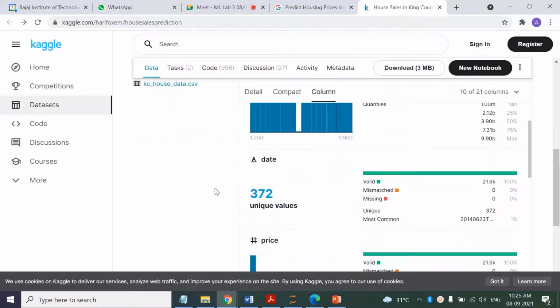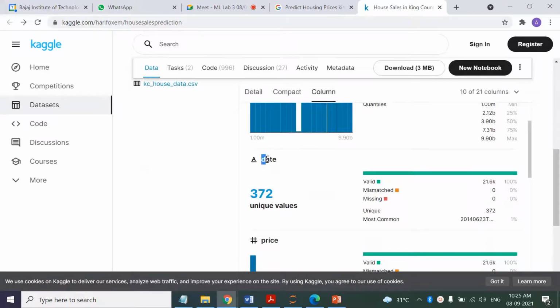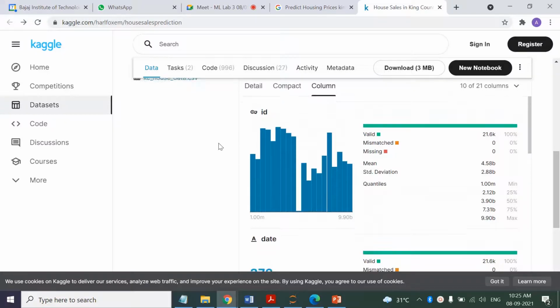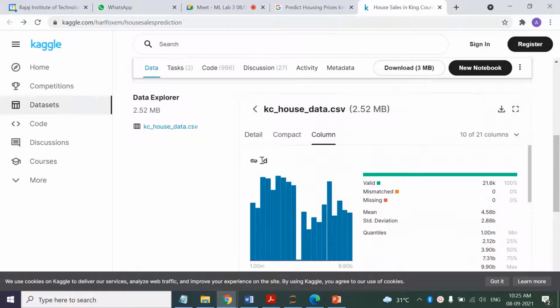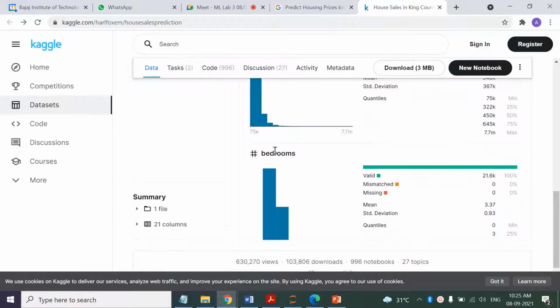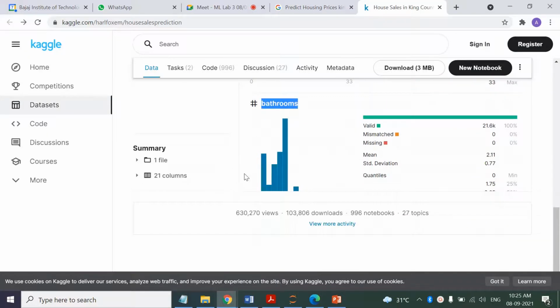Then it is storing different parameters like date of sale, then the id of that sale. This will be a unique identifier, and here this key is also shown. That means this is a unique identifier of this dataset. Then date of sale, then price, the actual price of the sale, then number of bedrooms, number of bathrooms, then